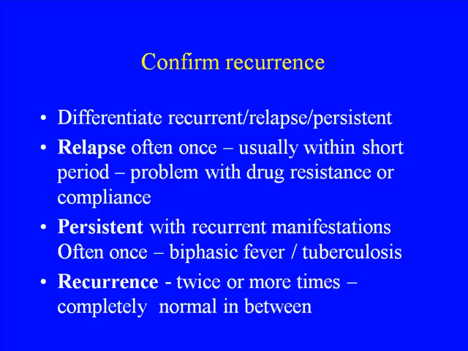I think the issue comes up when there is a persistent infection but a recurrent manifestation. Every one of us has learned that tuberculosis comes as fever off and on. Therefore, there is an off also and there is an on also. You can call off and on as recurrent fever if you like, and still the disease is persistent. So disease may be persistent, symptoms may be recurrent, and you are likely to call it a recurrent infection, and you need to be very sure to pick up that in between, the apparently asymptomatic period, whether this was really a normal period whatsoever.